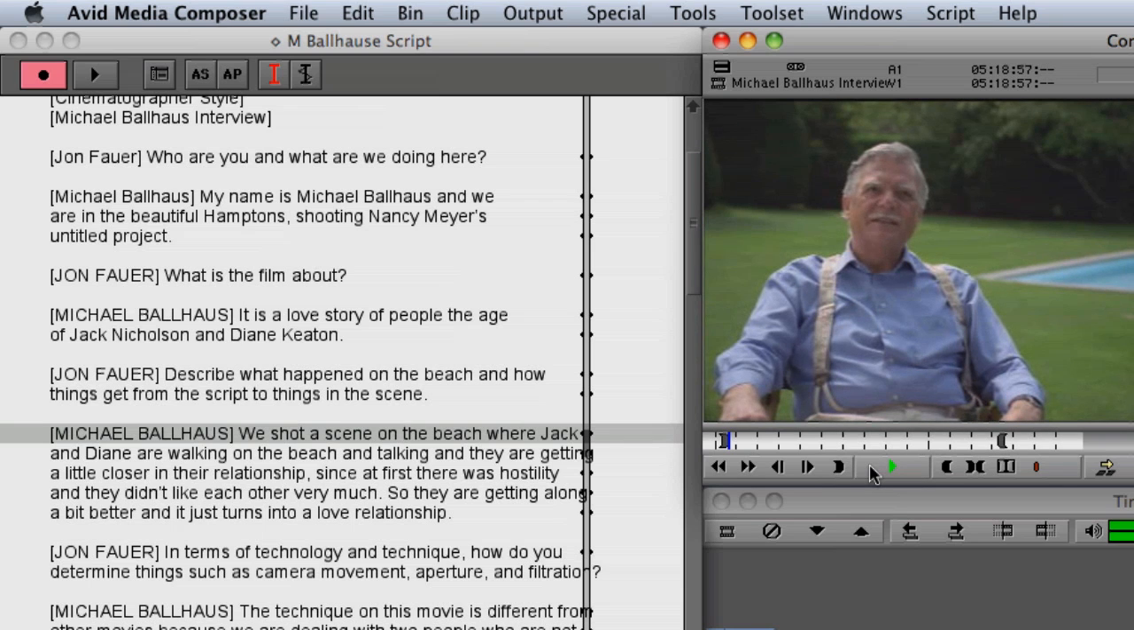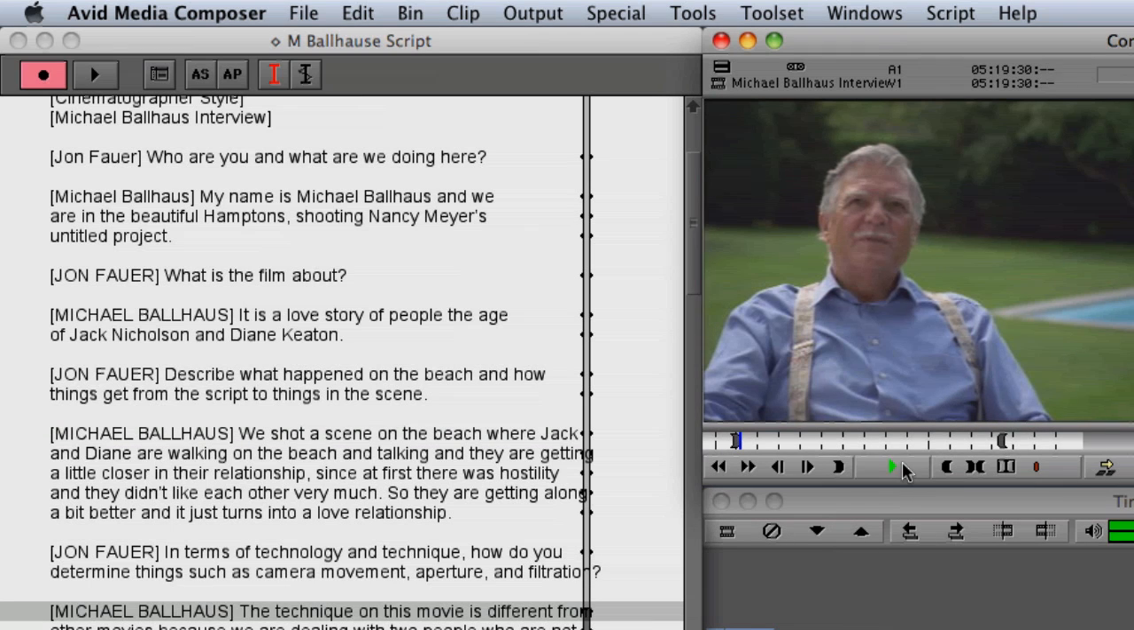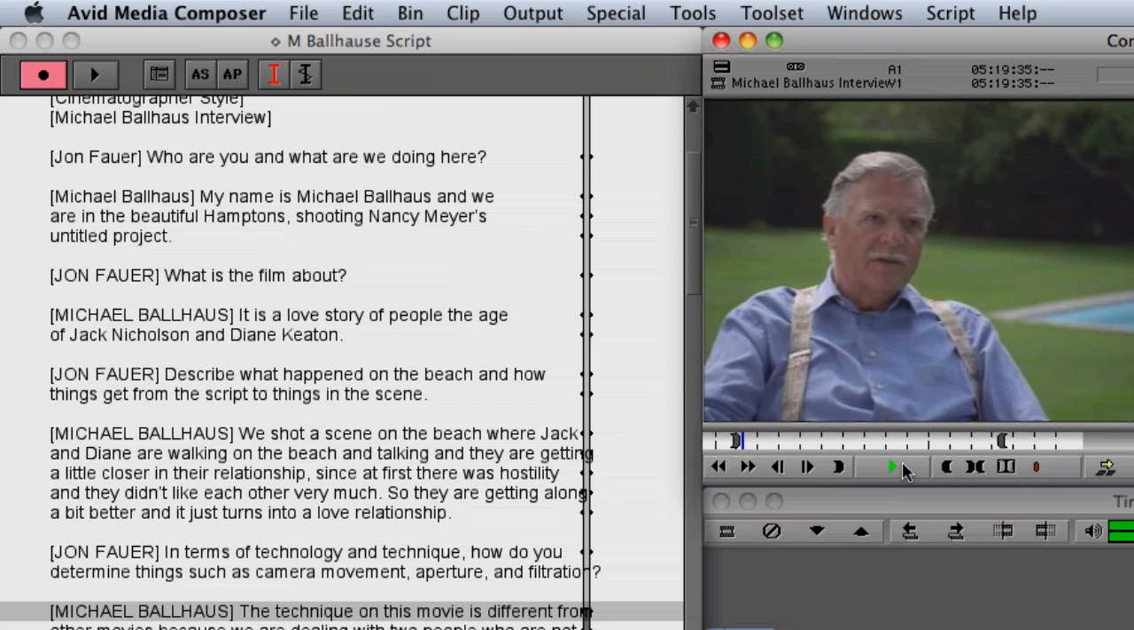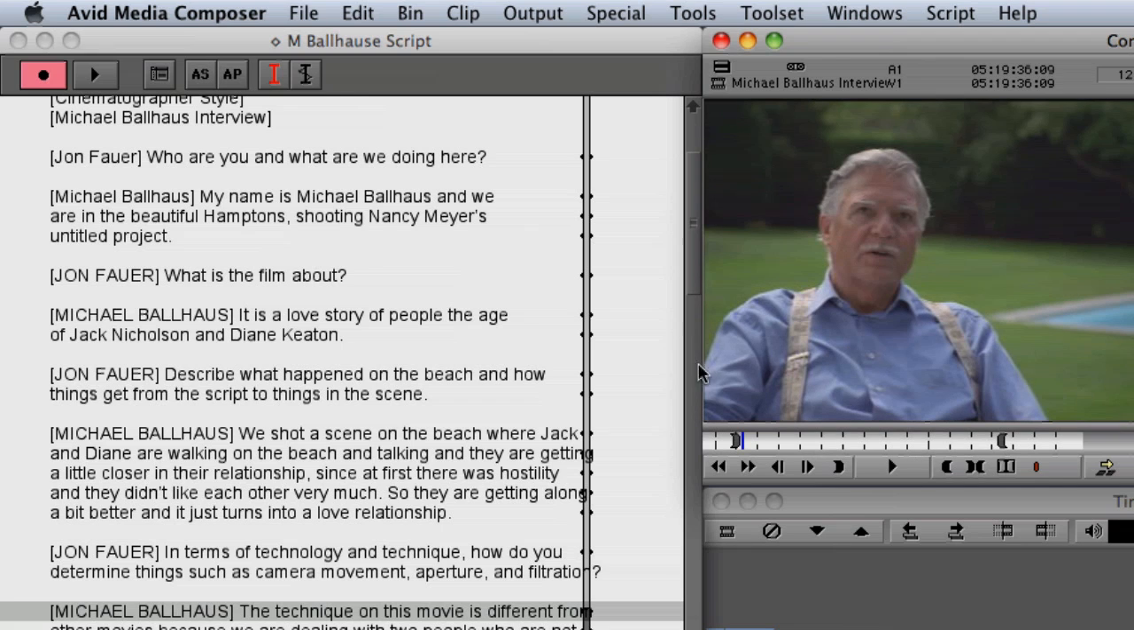We shot on the beach a scene where Jack and Diane are walking on the beach. The technique on this movie is a little bit different than on other movies because one of the many benefits